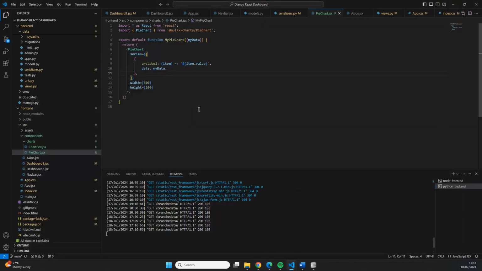Now, if we want to format that and give it a little bit of a different color, we can also do that from here. So we're going to import something called pieArcLabelClasses. And this is going to get the classes that the labels are using so that we can format them. And then underneath the series, we can do sx equal to, and then some curly brackets. And in there, we can define the logic to format our data labels. To do that, we can open some square brackets and do some backticks, an ampersand, and then do a